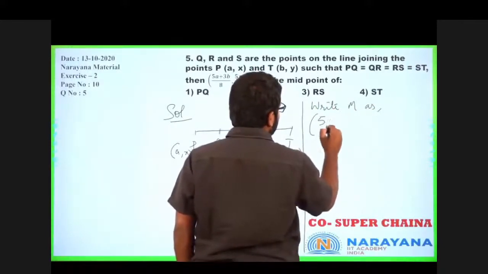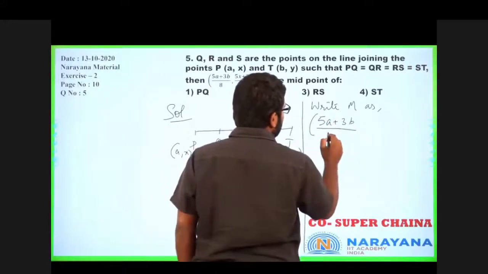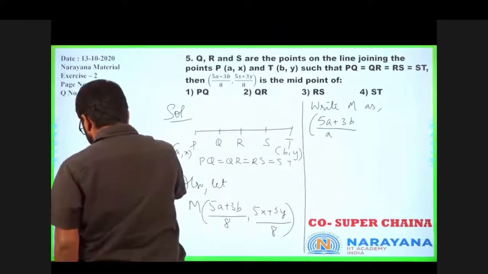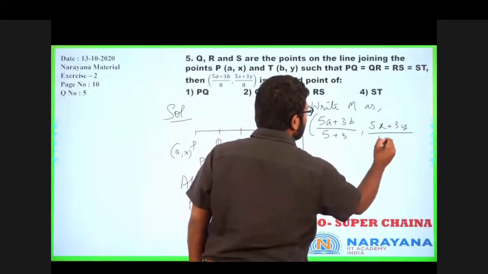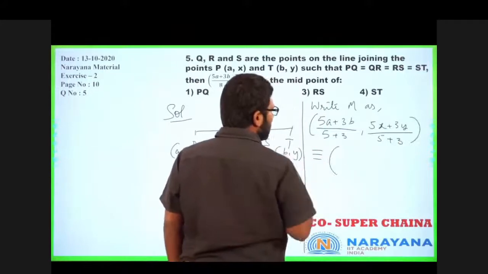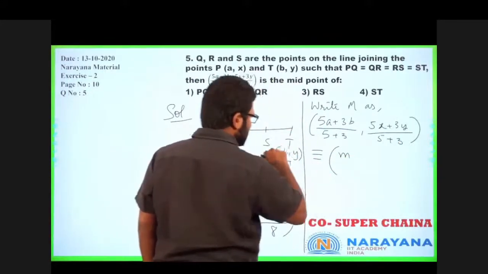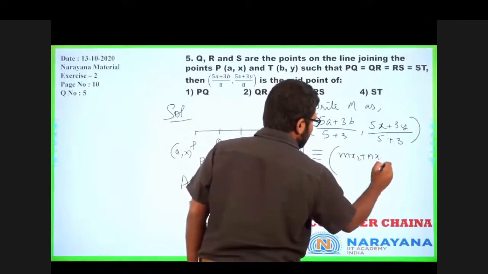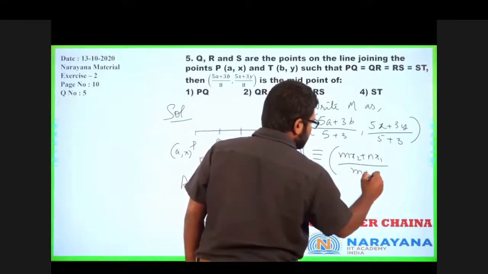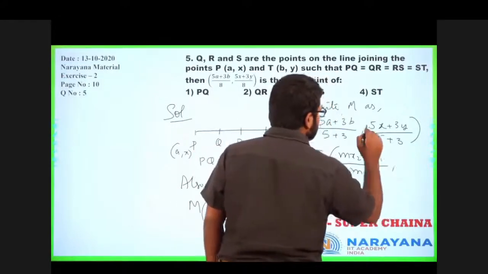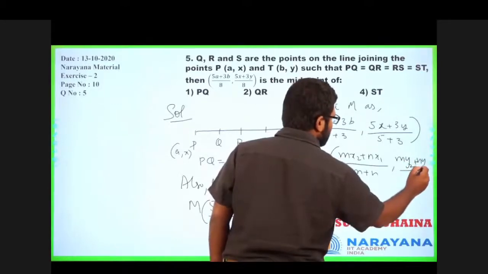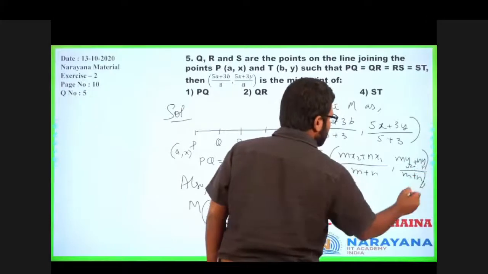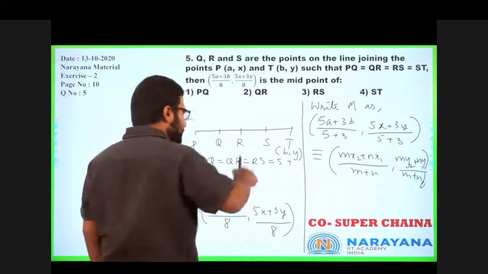first (5A plus 3B) upon (5 plus 3) and (5x plus 3y) upon (5 plus 3), right? Which exactly matches (m x2 plus n x1) upon (m plus n), comma (m y2 plus n y1) upon (m plus n), right? Exactly matching, which means